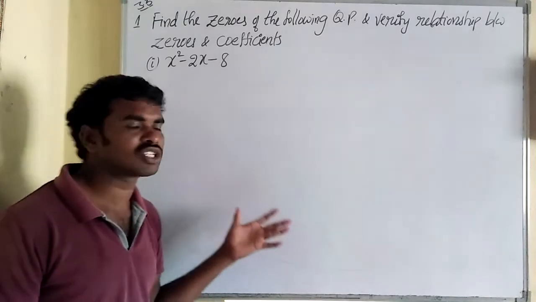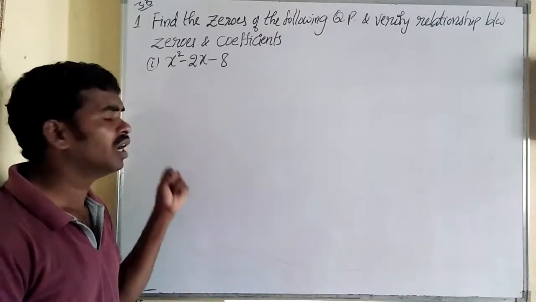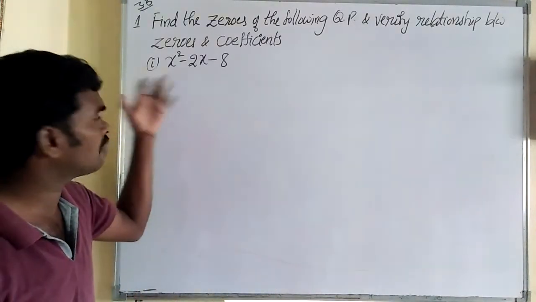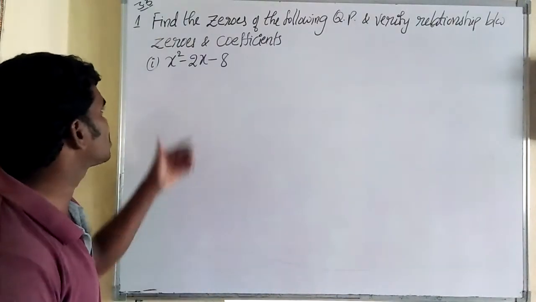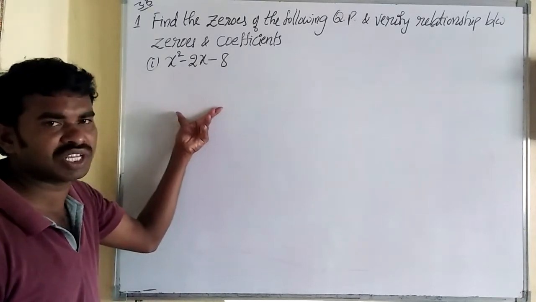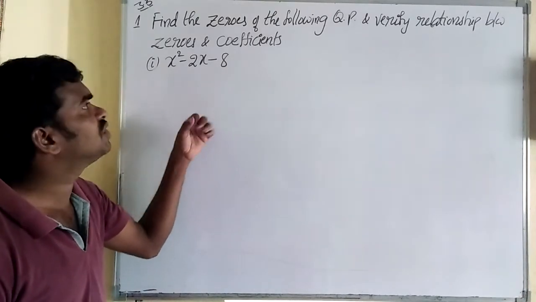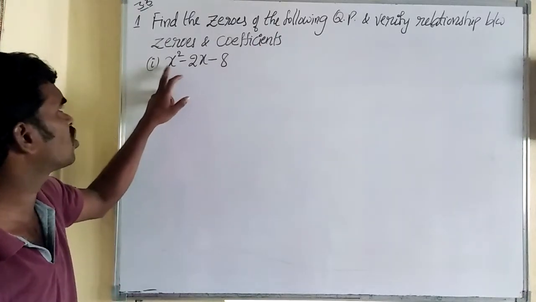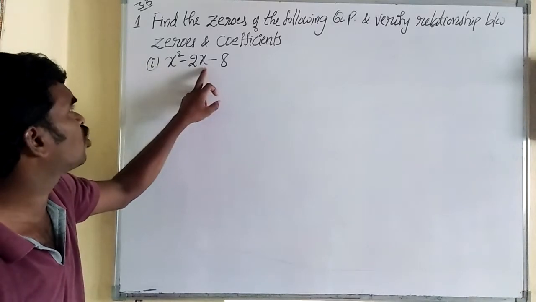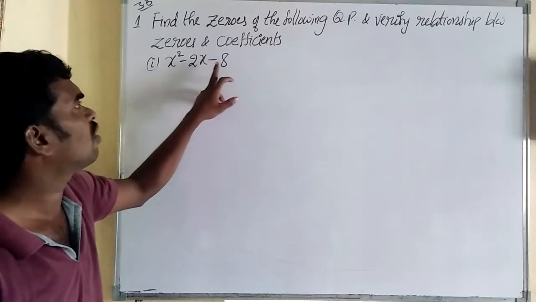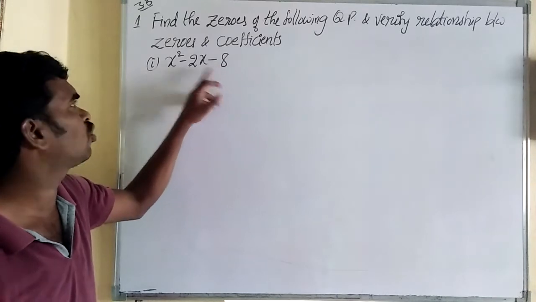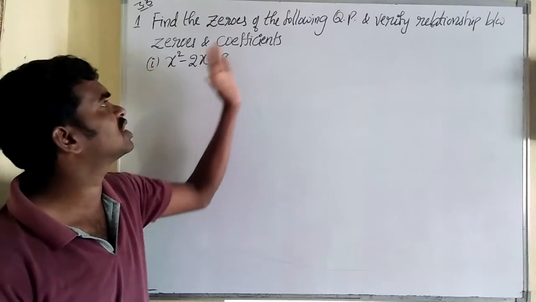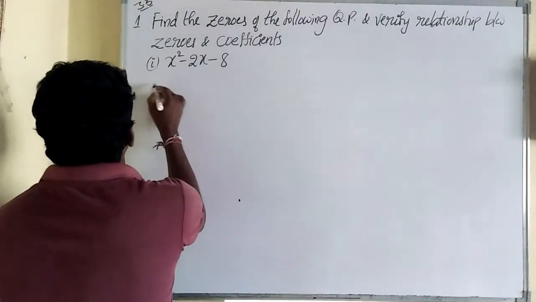In other parts also we have discussed how to find the zeros, and before drawing the graphs also we discussed it. Again I am teaching it here. First of all, we have to find the zeros. After finding the zeros, we should check the relation between zeros and coefficients. What are the coefficients here? The x square coefficient is 1, the x coefficient is -2, and the constant term is -8. These are the coefficients. And what are the zeros? If we know the zeros, we can check the relation. So how to find the solution?